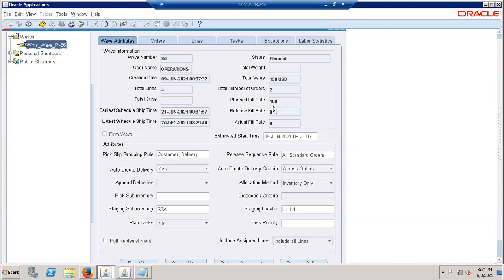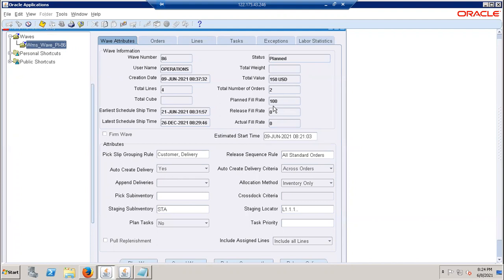And once we are done with the plan, plan fill rate is important. Suppose you have 5 orders and we pick only 2 or 3 orders, the percentage will go to 60% or 70% like that. Yes, correct. That's how it will be.